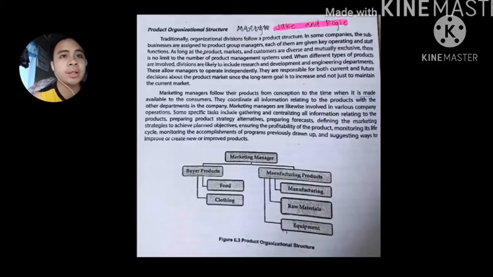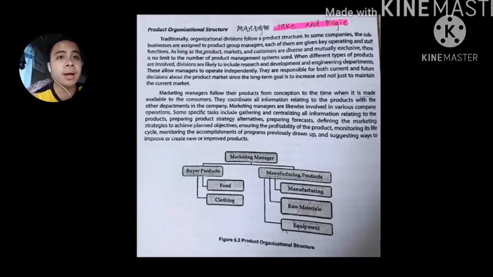This allows managers to operate independently. Mga managers ang mga gumagawa nun. They are responsible for both current and future decisions about the product market, since the long-term goal is to increase and not just to maintain the current market. So, syempre, sa business, anong gusto mo sa business mo? Syempre, di ba, yung lumaki, lumago, yung maging successful, kumbaga, yun yung parang goal mo sa